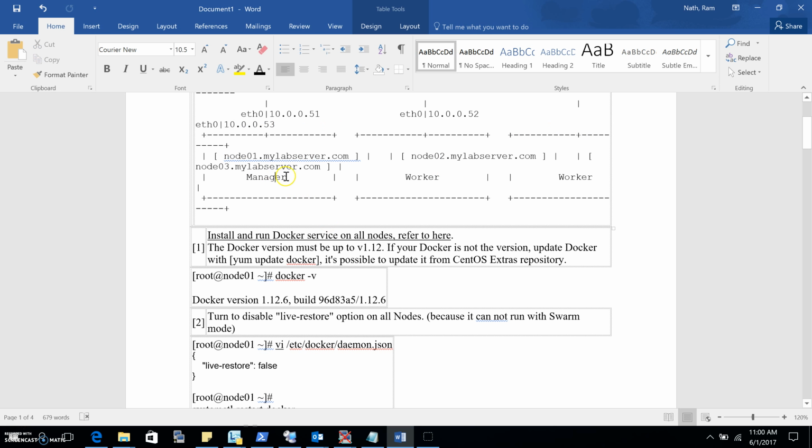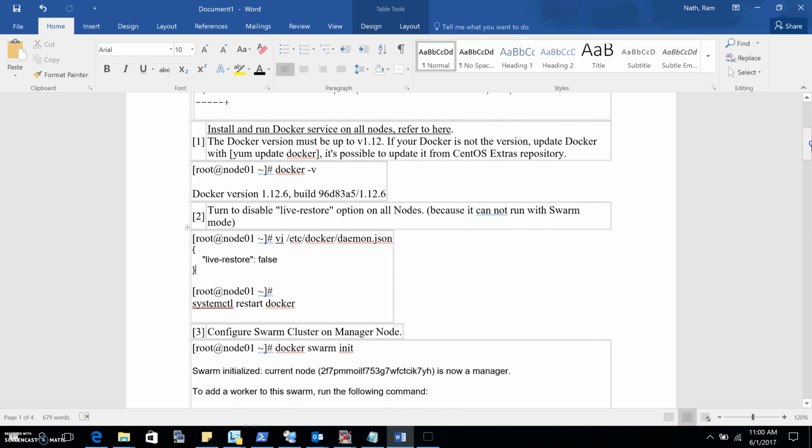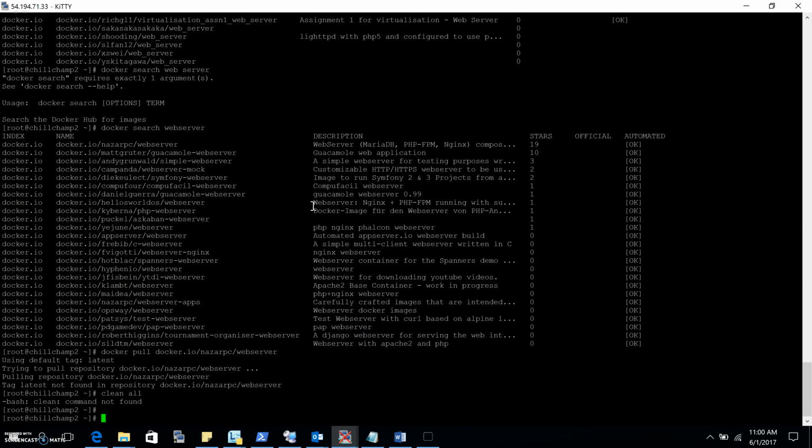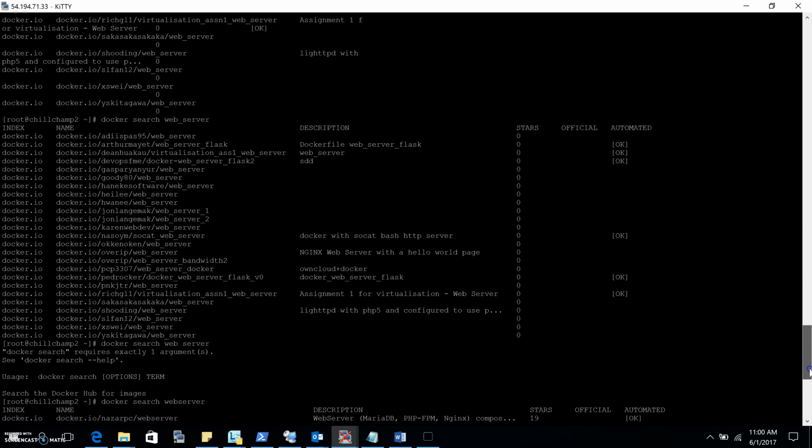Basically it's just a small configuration that you need to do. First you need to check whether the Docker version is the same, and then you have to specify and disable live restore. Live restore has to be disabled on all the nodes because you cannot run it with swarm mode. So basically you are configuring this, you are creating this particular file in one of the nodes, and then